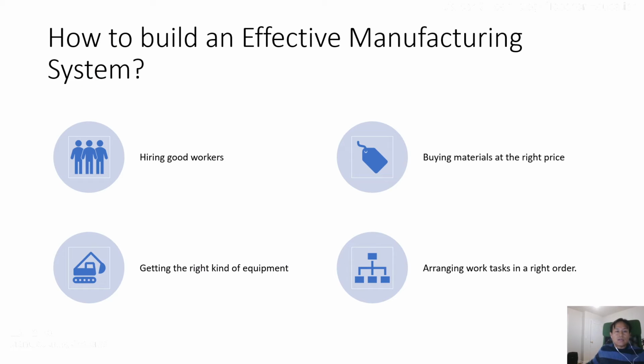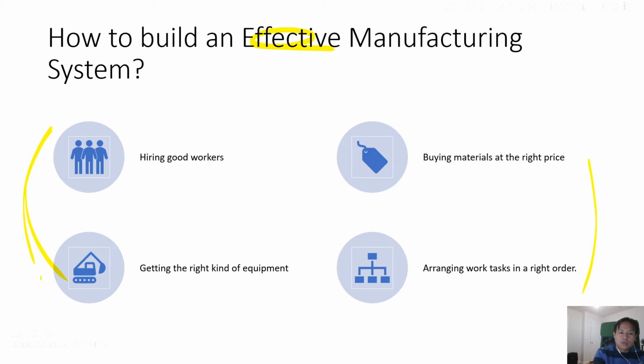All right, so let's start with this question. How do we build an effective manufacturing system? We have an idea and we have a blueprint. Also, we have selected a manufacturing system, like custom, intermittent, or continuous system. And then next, we are building an effective system based on